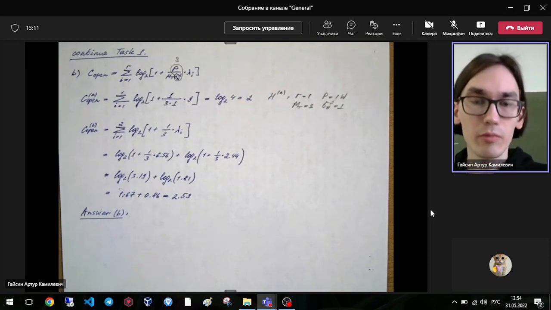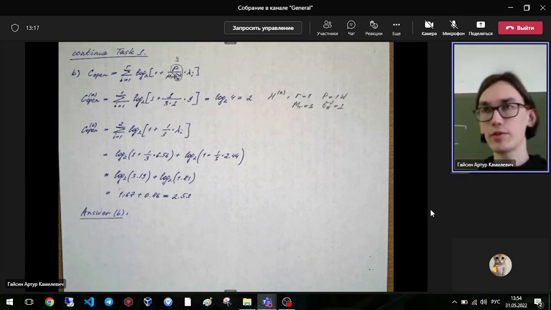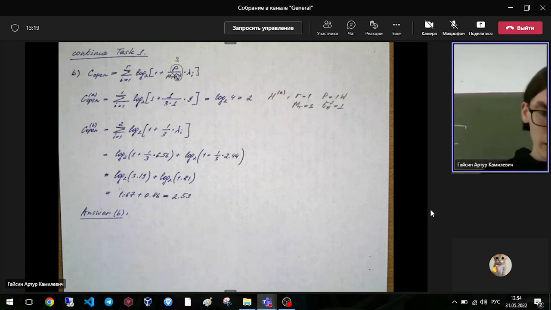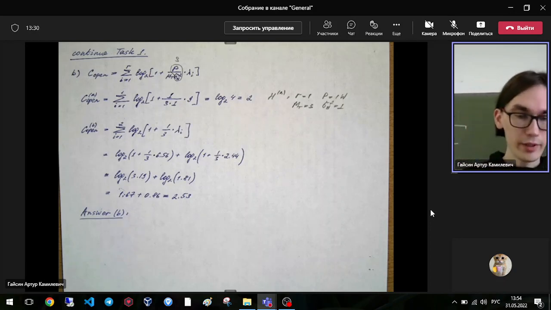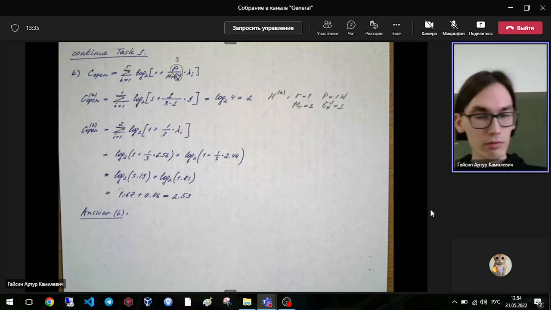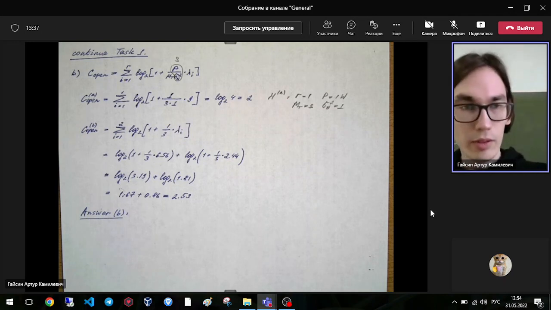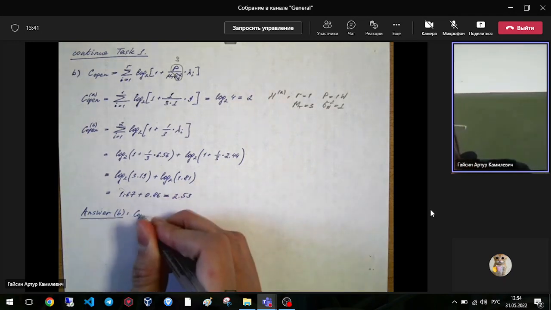No, in this case, we have knowledge about the channel, but at the receiver, not at the transmitter. And next, in point C, we will consider what if we have this knowledge at the transmitter. And then we need to use some algorithm to calculate this closed loop capacity. So answer for B, let's write C open for channel A